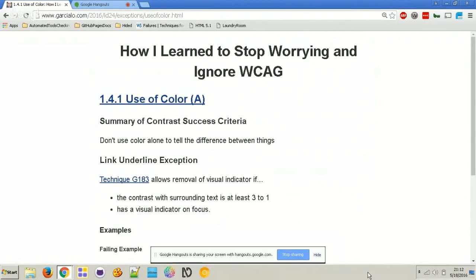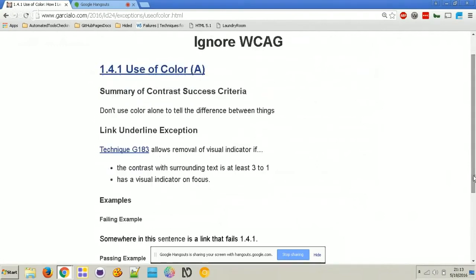In certain criteria, right? So if we have a link that's in a sentence, and you can usually tell that it's a link because it's underlined. Now, a lot of designers like to remove that visual indicator, the visual indication that it's a link. And so normally that would fail because there's no differentiation between the text and the surrounding text. So let me go ahead and scroll down just a second so that the sighted folk can see this example.